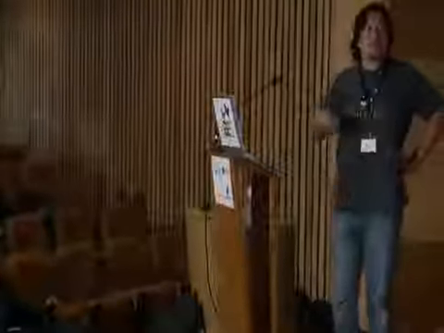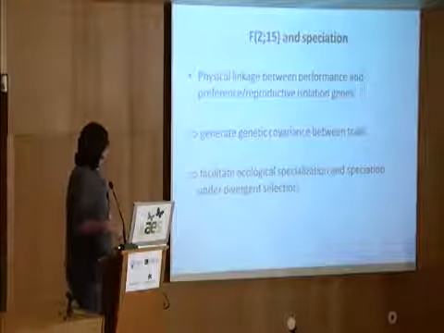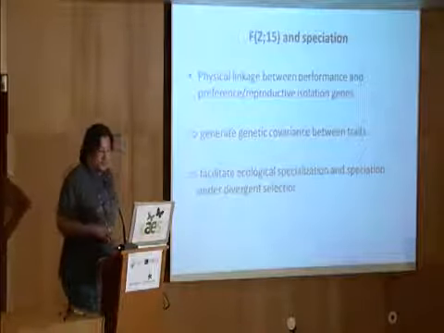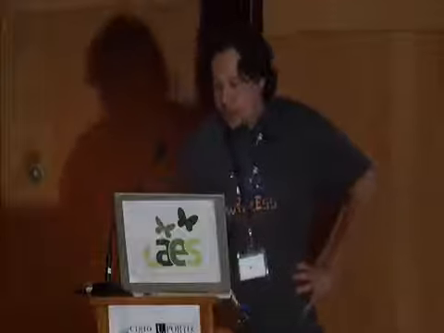And what could be the advantage of such a fusion between sex chromosome and autosome? It was mentioned in the morning that physical linkage between performance and preference or reproductive isolation genes can generate genetic covariance between traits and thus facilitate ecological speciation, or specialization and speciation under divergent selection. And we add one more possible mechanism. We hypothesize that